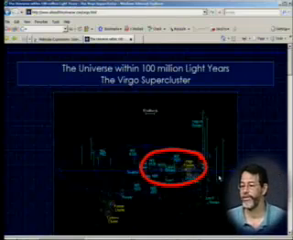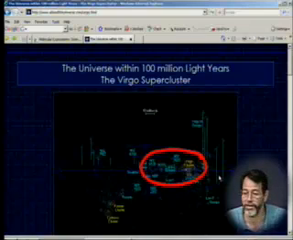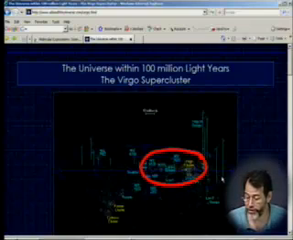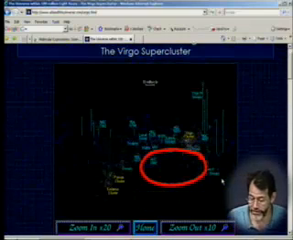So if we look in one direction, we can see a whole cluster of galaxies. There are other spiral galaxies not too different from our own. There are other kinds of galaxies. So our galaxy is not alone in the universe. There's lots of galaxies like ours. But even bigger than the Virgo cluster is the Virgo supercluster that has lots of other,